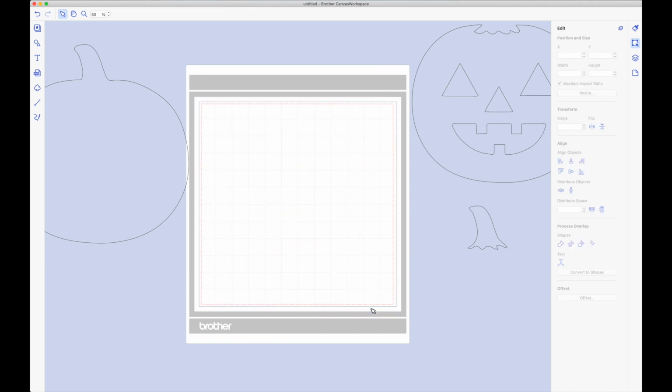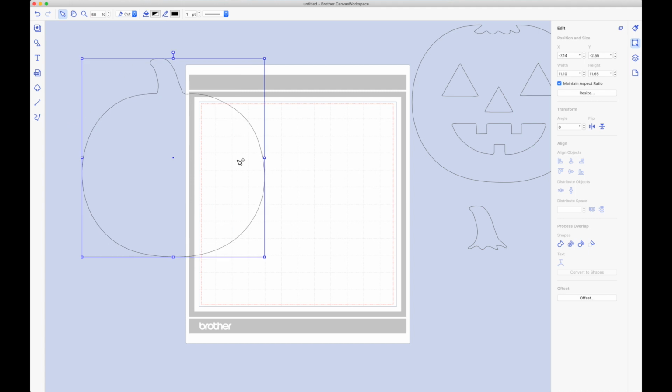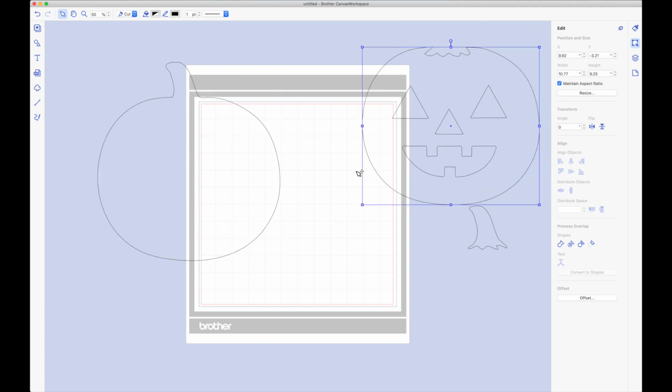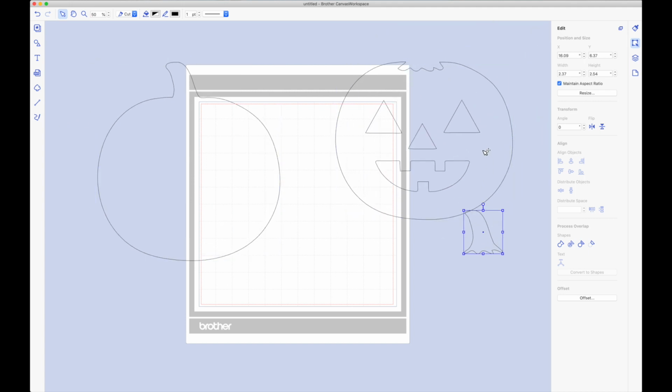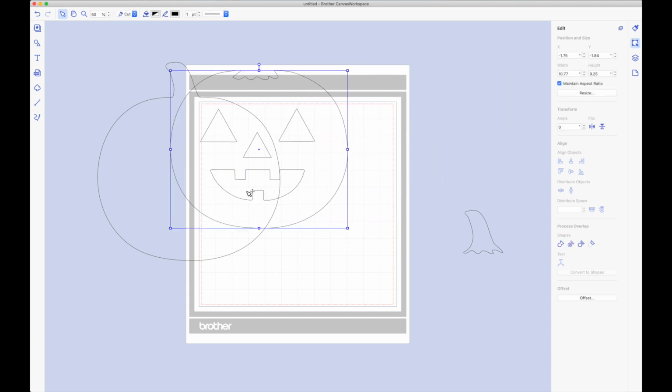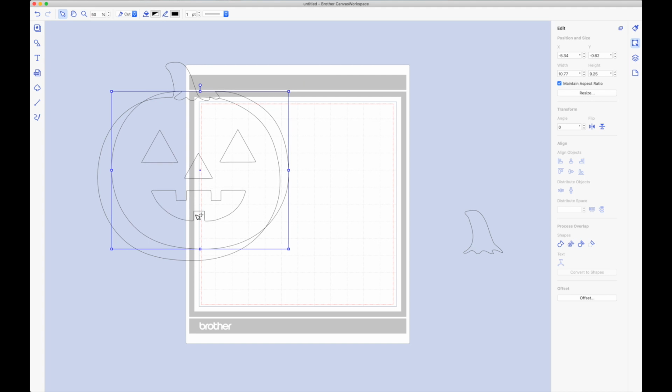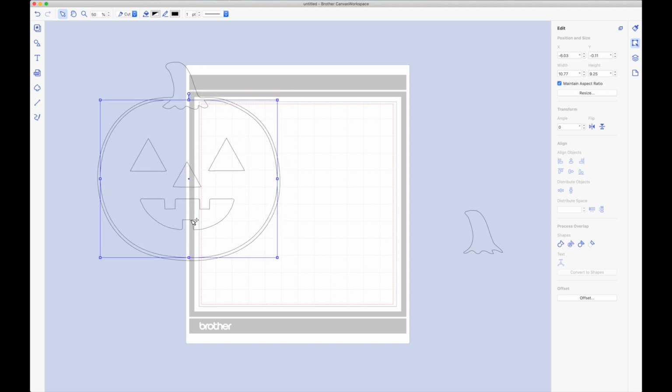Then choose Delete on my keyboard. So now we have just this piece, the pumpkin face, and the stem. Now I want to line them up all together or put them all where they're going to go so I can resize them all at one time. So I'm going to grab the face layer, put it inside the outline layer, grab my stem and put that where that's going to go,